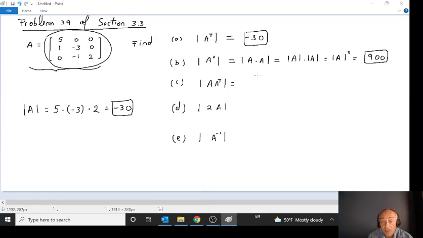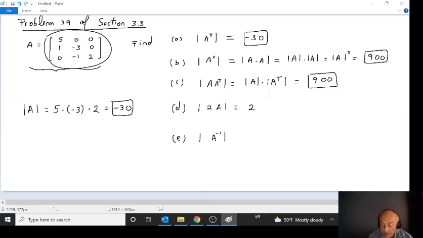For part C, the determinant of A times A transpose is, like we did earlier in part B, the determinant of A times the determinant of A transpose. And we know that both A and A transpose have a determinant of negative 30, so the answer again is going to be 900. For part D, the determinant of 2A is, as we learned in the properties of determinants,